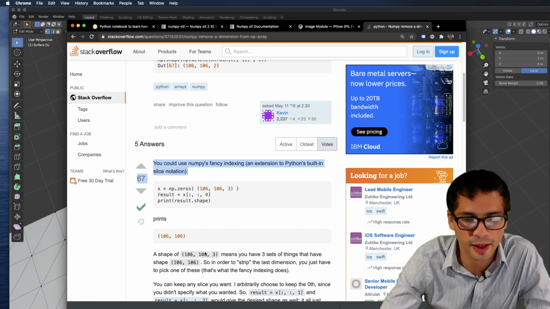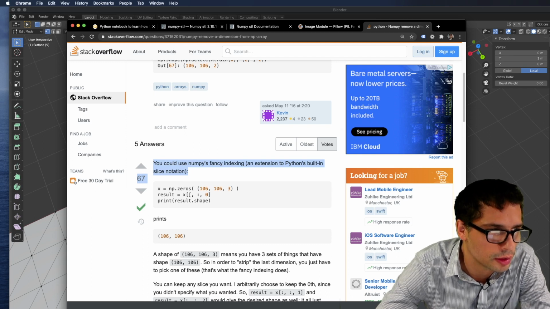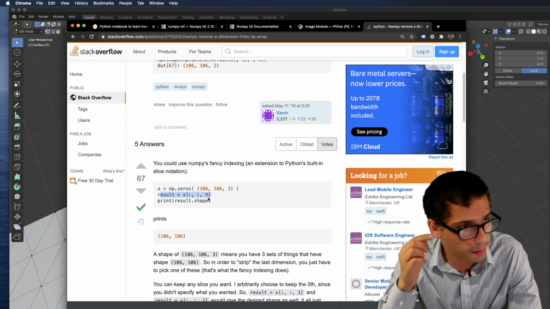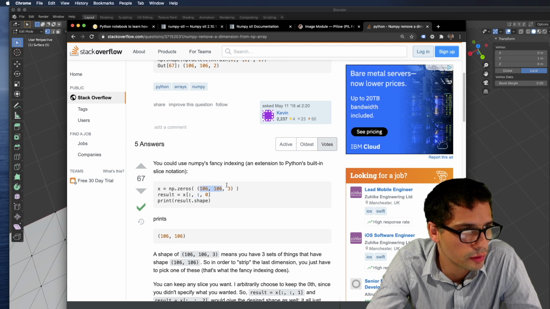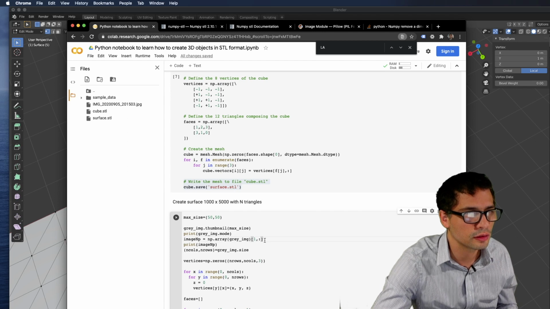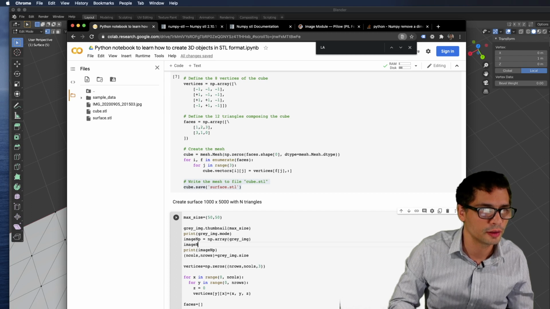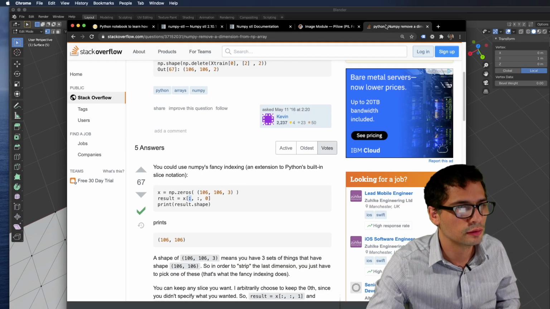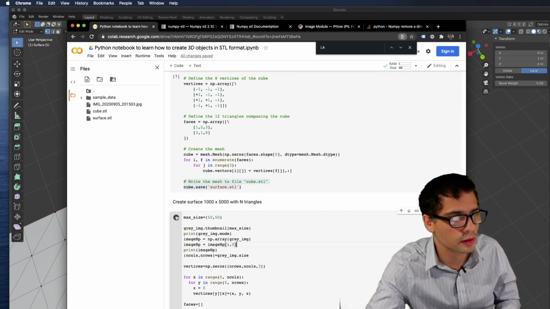So NumPy has slicing on steroids, right? If you have seen slicing before, then you haven't seen any slicing because NumPy is much better. Here it's giving me an example of the dimension that we want to use. So we're keeping the first two dimensions and dropping the third. In my case, I just want to do, did I not do that just now? Okay, let's not try to do everything the same way. First one is a colon and then 0. And that should be it.